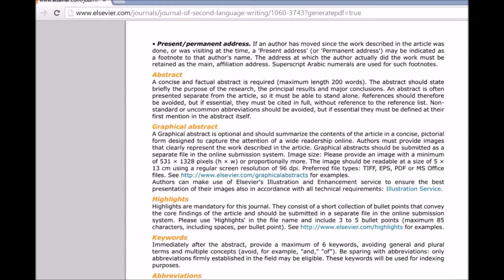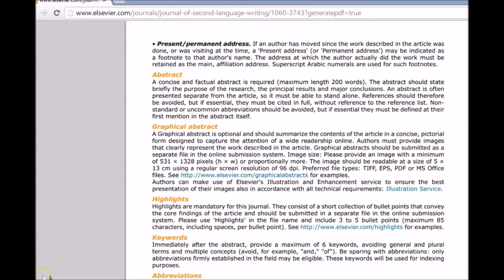Almost every journal wants an abstract. Here it's 200 words, it may be 150 words. It tells you what should be in the abstract. Abstracts are usually maybe 1 or 2 sentences from each of the major sections of the paper. They do often ask you as a reviewer whether the abstract really captured the paper. I'm never sure what happens if you say no, but people do sometimes criticize papers if the abstract doesn't capture the paper.